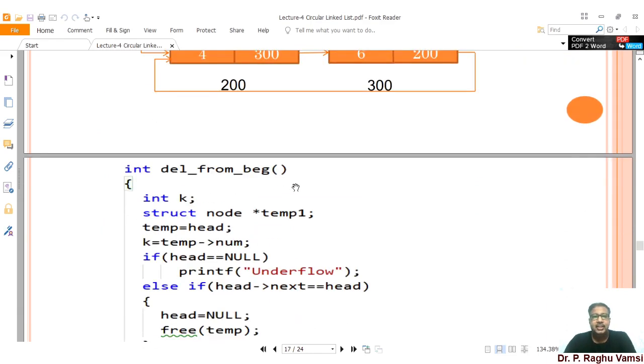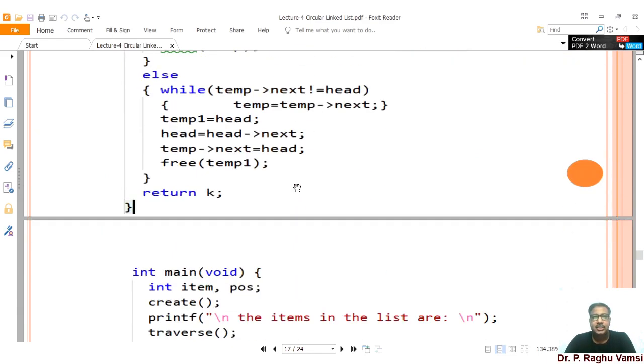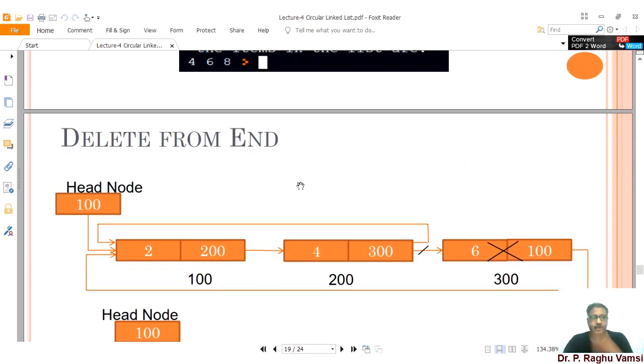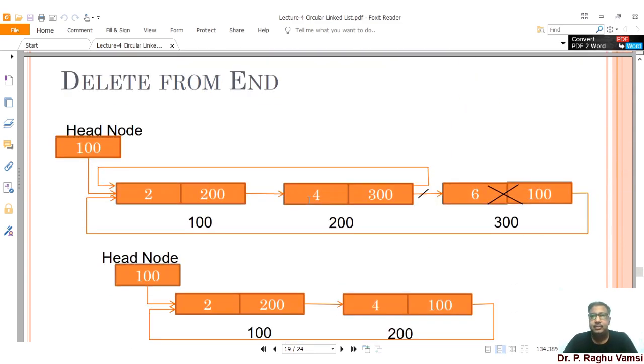Next is deletion at the beginning. The code is like this. And delete from end. Whenever you delete at the end, that means the last node, since the last node's next is pointing to the head node, and the last node is to be removed, you have to stop the iteration at the last node minus one. That means you have to stop at the last but one node.